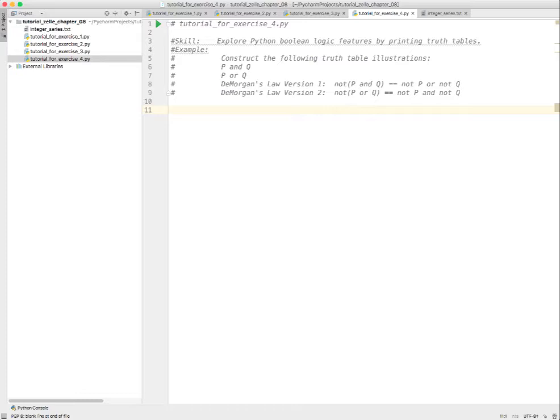And then there's a column for P and Q, and what we essentially find out is the only permutation of true and false in P and Q that's going to lead to P and Q being true is when they're both true. And you can see that in the table in the textbook, and we're going to print that, and you're going to see how it works and probably a little bit of why. Then we're going to do the truth table for P or Q, and then